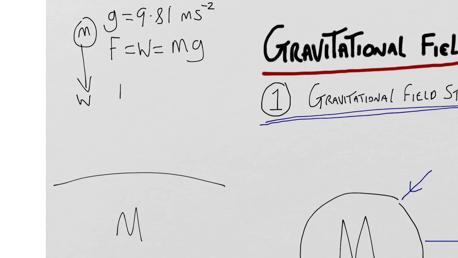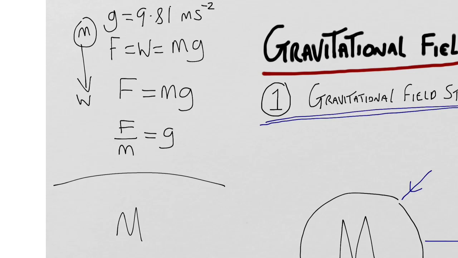If we take the equation F equals mg, this equation tells you the force if you know the mass. Gravity is constant, so this isn't going to change, but the mass will change from object to object, and therefore we can't know the force unless we know what object we're talking about. Not overly useful for a general term, but if we divide both sides by m, we end up with F over m is equal to g.